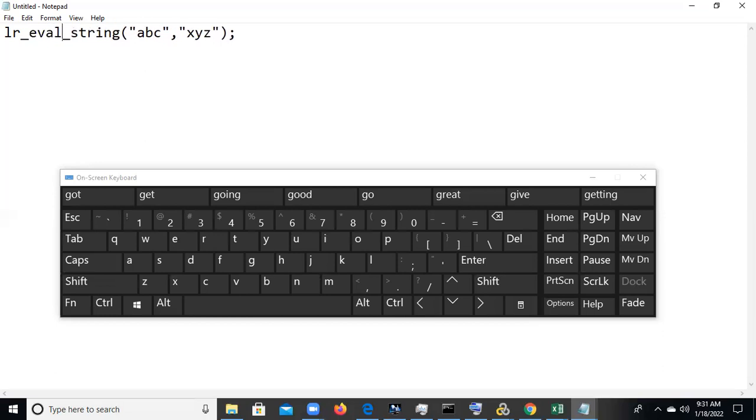And the next one will be LR eval string. LR eval string means it evaluates the values after embedding the parameter; it reads the value. Meaning I need to read some value. So we need to write the function LR eval string, and pass a variable name, like for example, departure.